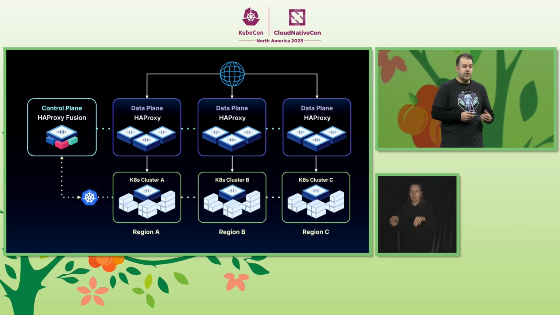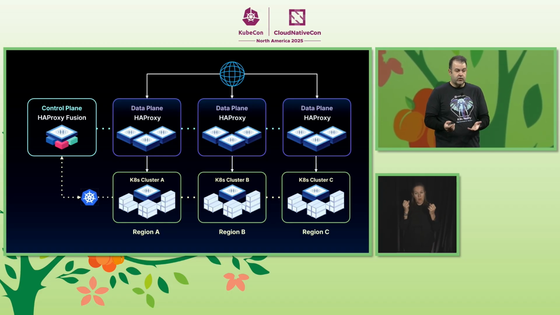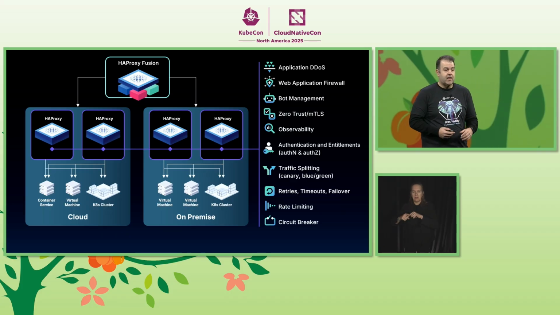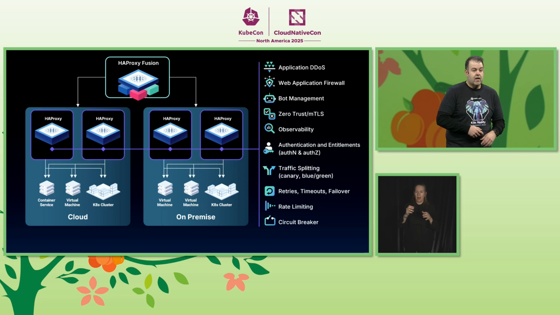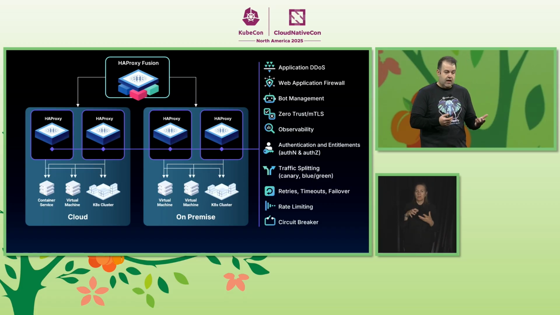The pillars of any service mesh are the control plane and the data plane. Our control plane, HAProxy Fusion, communicates with multiple APIs, multiple clusters. Then our data plane relies on HAProxy, which is known for its legendary performance and reliability. This architecture enables both north-south communication and east-west communication, for omnidirectional support across Kubernetes clusters, multiple clouds, container services, and on-premise. We're basically infrastructure agnostic.